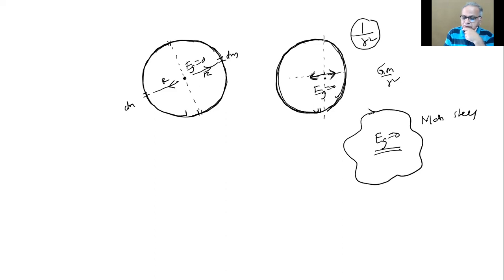What will happen is the solid angle and the mass will decide how much mass is there here, what solid angle it makes. This mass will be proportional to area here. So this R square, that R square cancelling out, you'll get forces equal here. So masses and distances, along with the inverse square law, will ensure that any place inside you place a mass, the force of that will be 0.